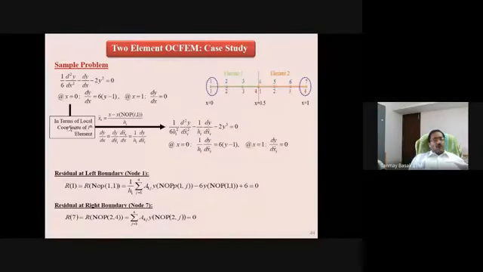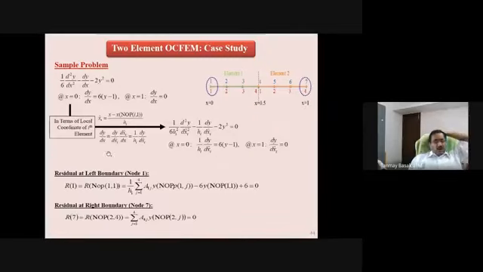So this is my OCFEM structure, and this is x equal to 0.5 and 1. What we do is have a new variable, x hat equals x minus x NOP(I,1) by hi. With that, my x hat variable will be 0 and 1 here, and for this one x hat is also 0 and 1. So for each domain I have a different differential equation.